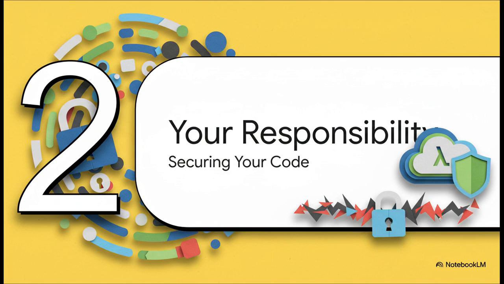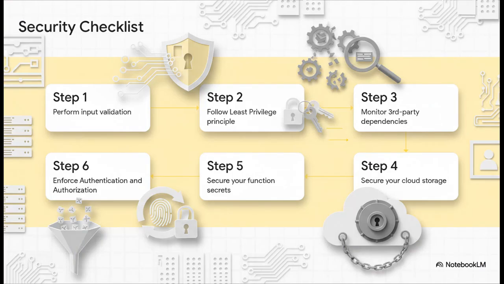Now that we know what we're on the hook for, what are the actual, concrete things we need to do to lock down our serverless functions? Think of this as your must-do security checklist. You've got to validate every input, because you never know where a trigger is coming from. You have to watch your third-party dependencies like a hawk, lock down your storage and your secrets, and of course, handle authentication. But I want to double-click on one of these that is just so critical in the serverless world,